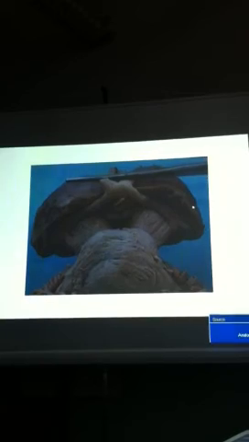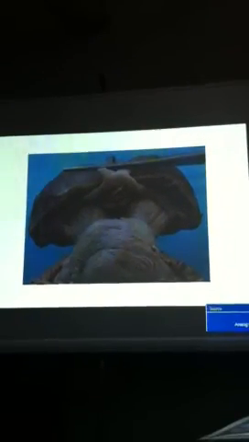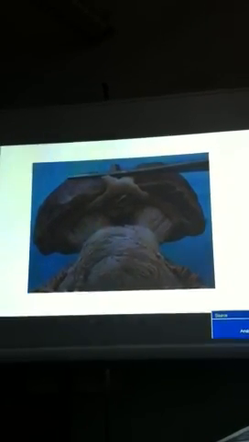Then this was about the diencephalon. Any questions about